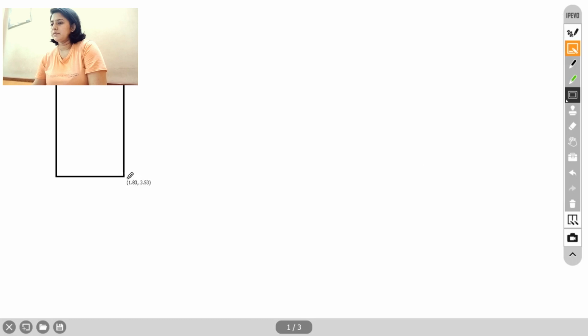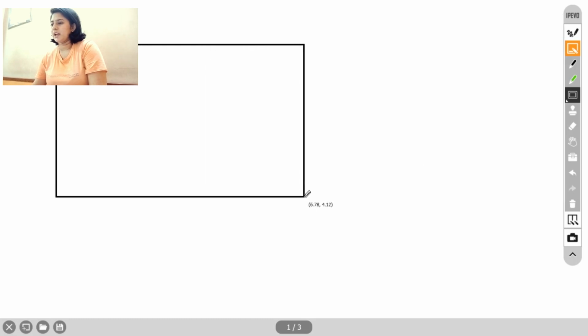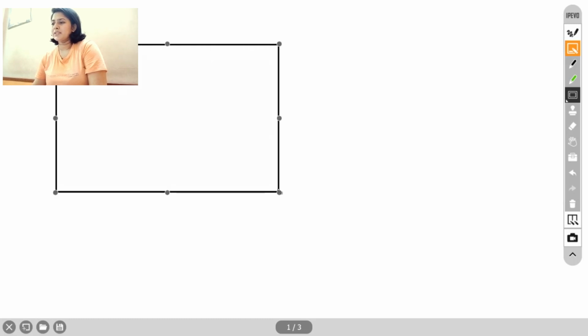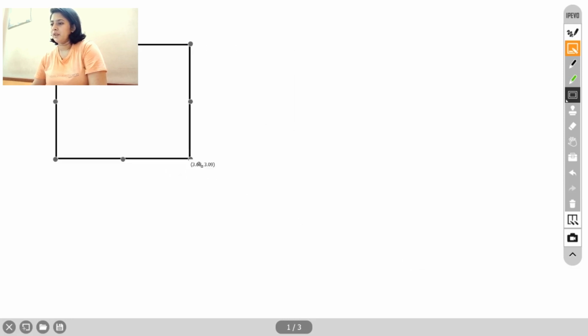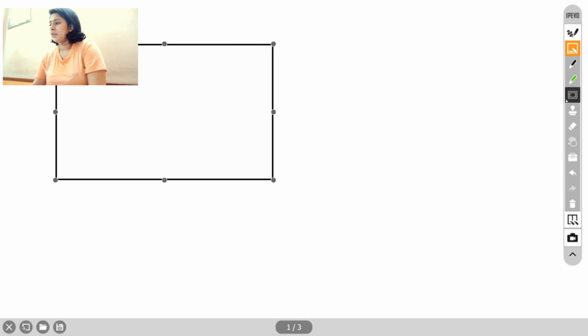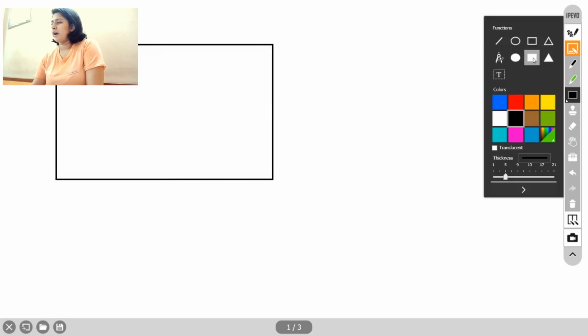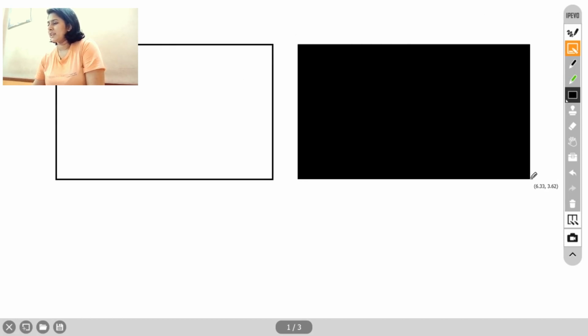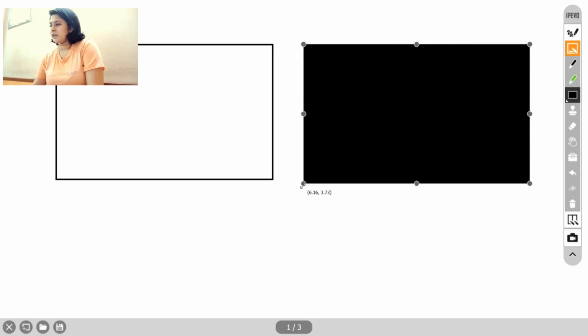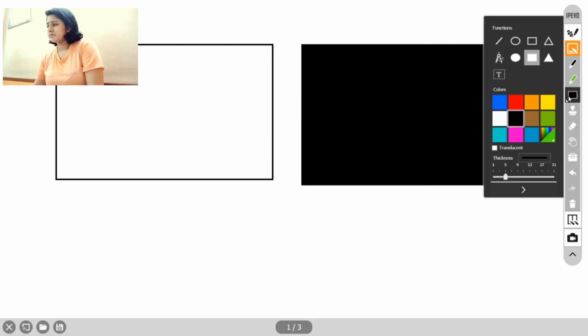So if I take a rectangle, an empty rectangle, I just drag it over my screen and I have this. So I can go over the corners and adjust the size if I want to do that. And I've done. Clicking again. So I'm gonna use a filled rectangle now. Coming back to my screen and just going over the same process again, and I have a filled black rectangle here. So I can just adjust the size here also, and I'm done.